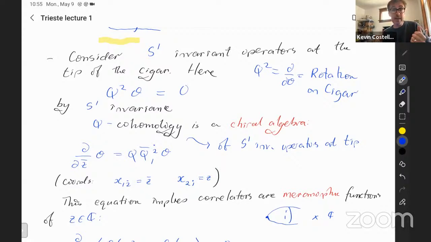So this is why we've effectively localized to a two-dimensional theory. Now, on the plane, which lives at the tip of the cigar, d by dz bar is Q-exact. So for the same reason we've had before,